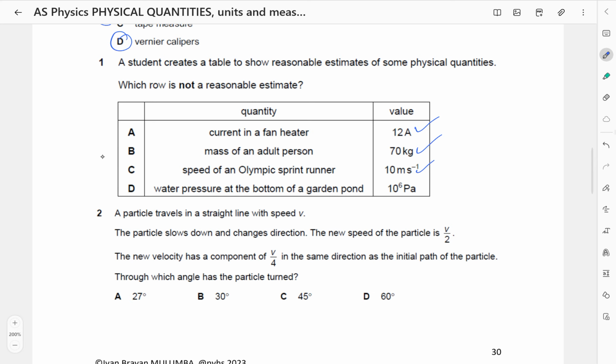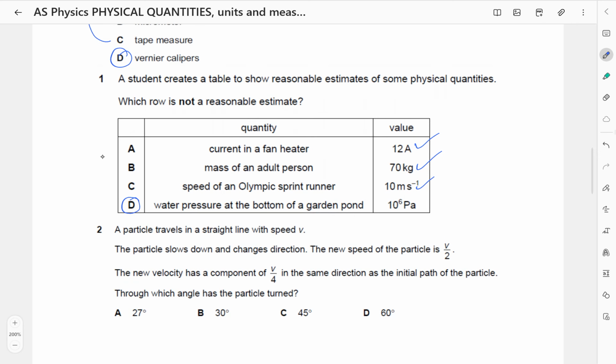is a reasonable value. The pressure at the bottom of the garden pool, 10 power 6 pascals. This is very small, 10 power 6 pascals. We can try to estimate this by using, we know pressure is force over area. And the force here is going to be the weight, which is going to be m times g, then divided by the area. If you can estimate a garden pool by area, or you estimate the dimensions, you notice that the